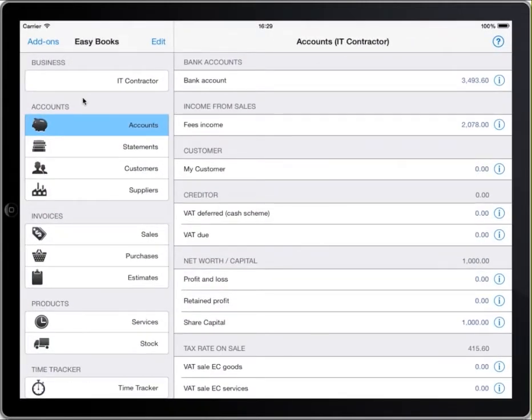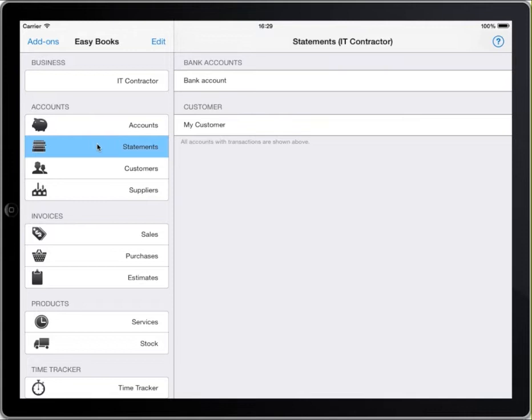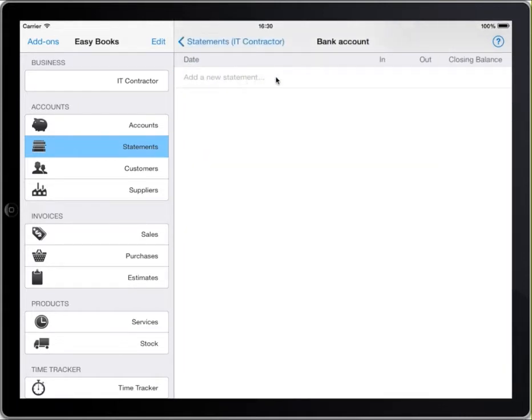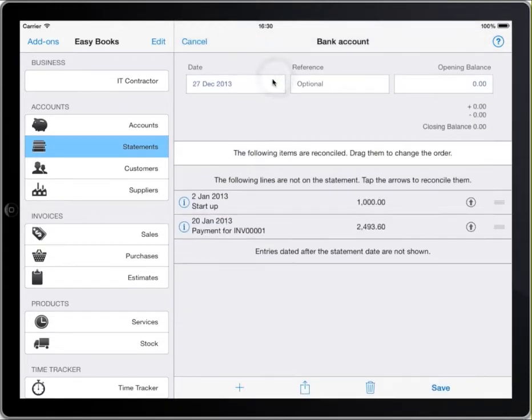When you receive a paper statement from your bank, tap Statements, followed by the account it refers to. You may need to drag the list down and tap All Accounts if your account isn't shown. The Statement List screen displays a list of statements for this bank account that you have already reconciled. Tap Add a new statement to begin reconciling a new one, or tap an existing one in the list to